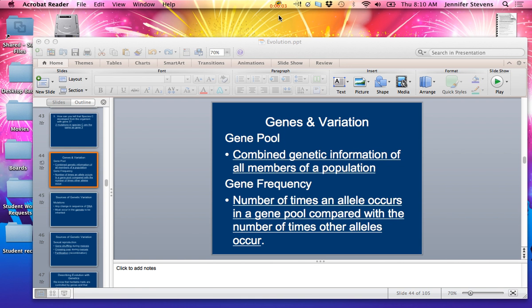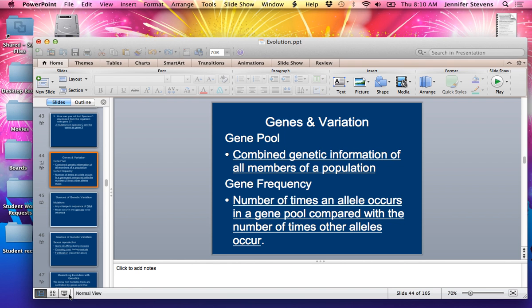Okay, so now that we know that there's good evidence for evolution and that it's occurring, we need to talk a little bit about how exactly this process of natural selection happens so that it leads potentially to evolution and different species. So, to talk about that, we need to do a little bit of review of our genetics because it's the genetics, as we kind of looked at with the last section at the very end, that really drives